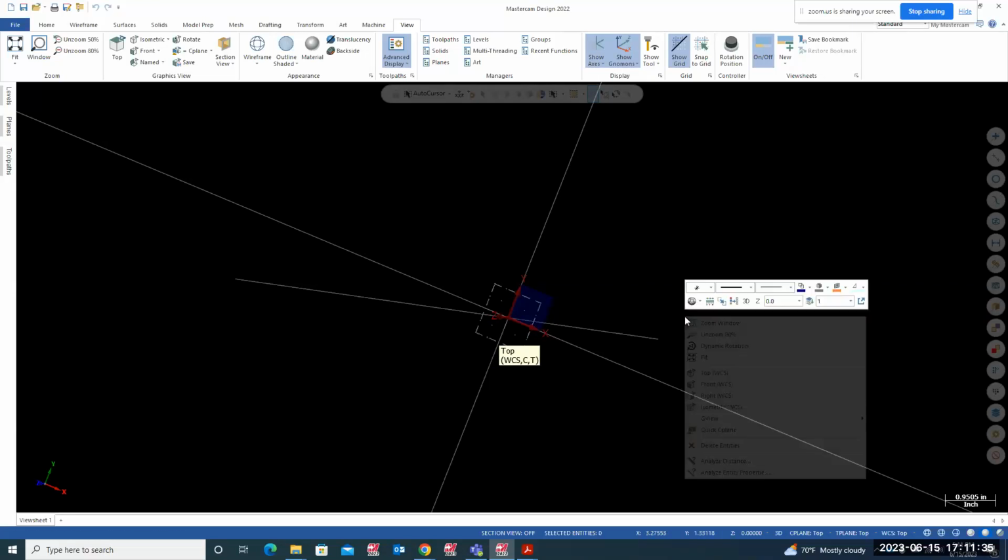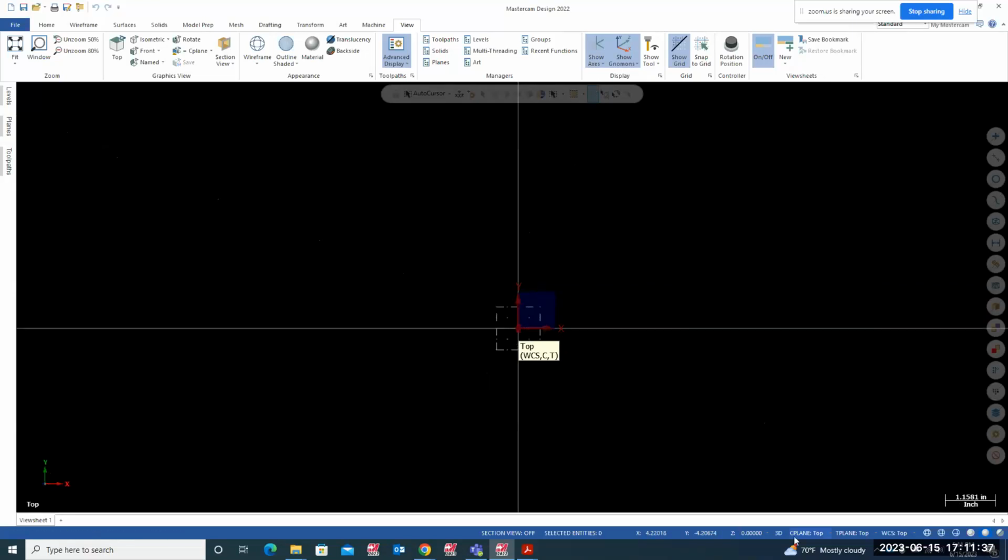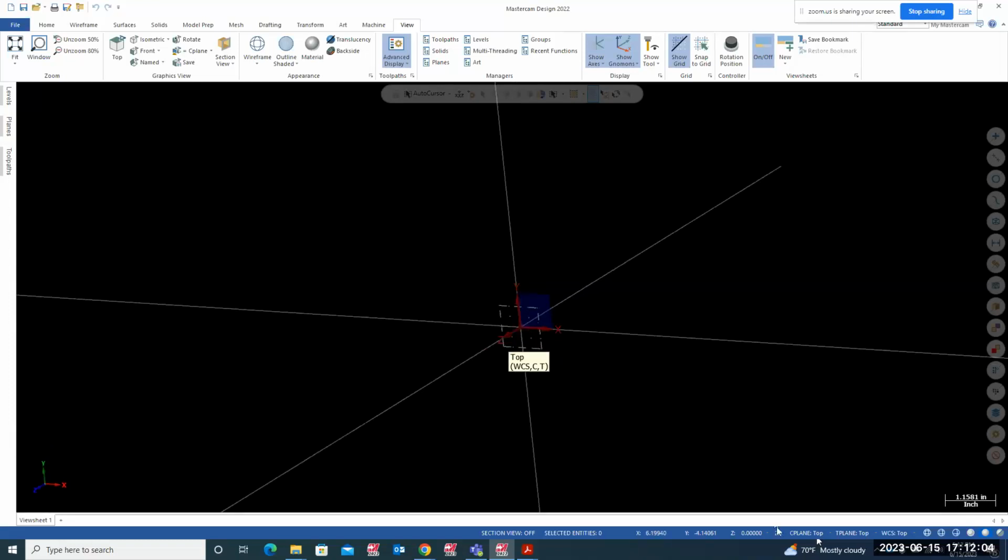Right now I'm on the top plane. If you look here, C stands for construction plane and T stands for tool plane. We are not worried about the tool plane at the moment. We are just on construction, meaning where you're drawing your geometry. And I'll stay on 2D right now. So I'm in the top plane, and X is positive, Y is positive, Z towards me is positive. That's your right-hand rule. If I'm going to change my construction plane to front,